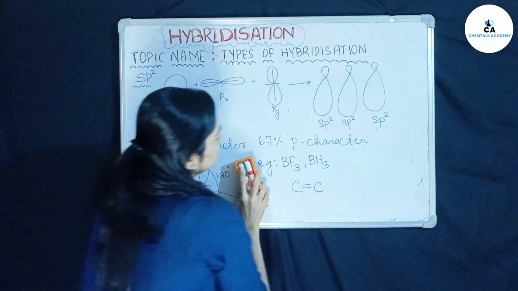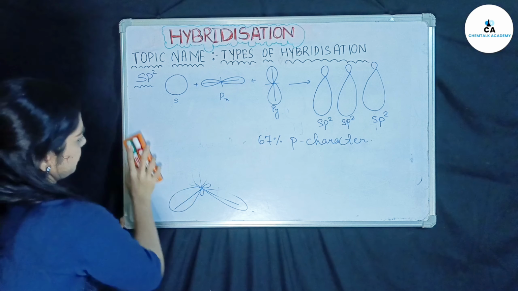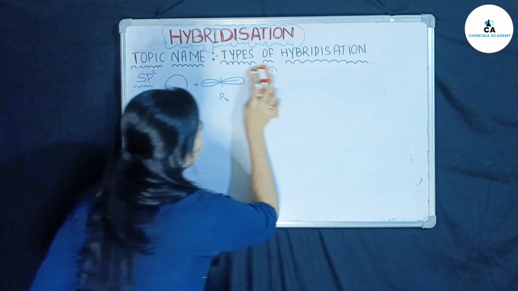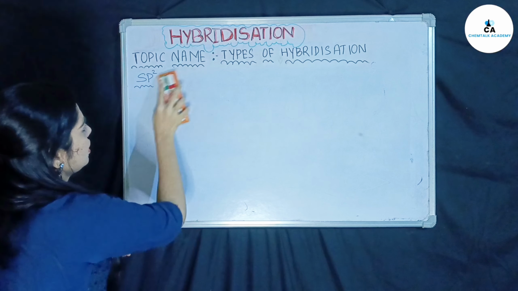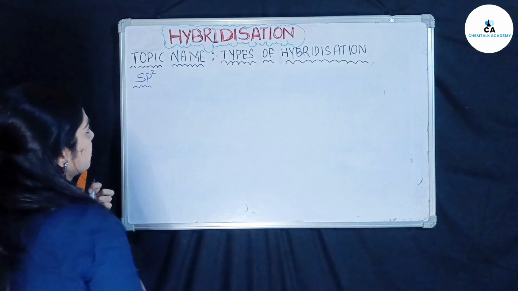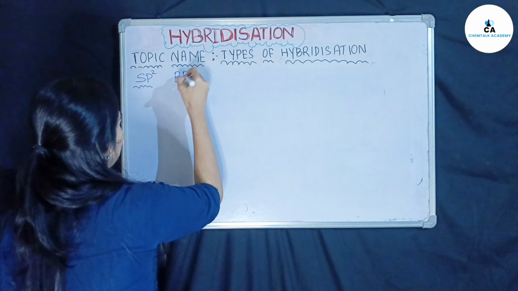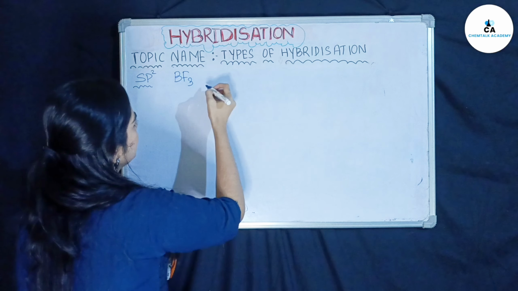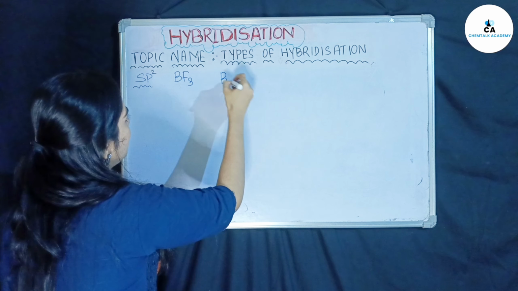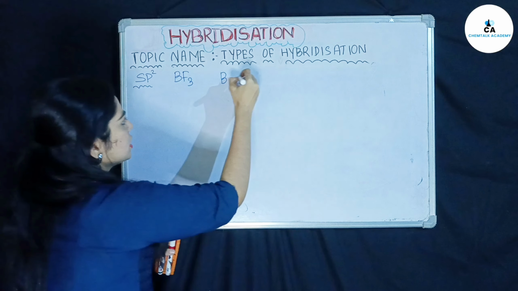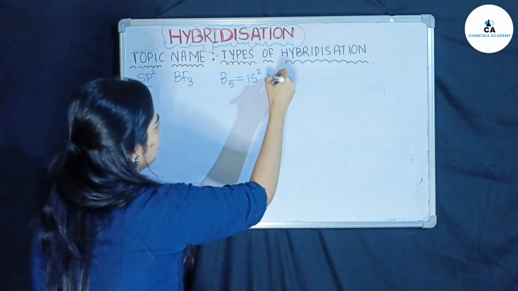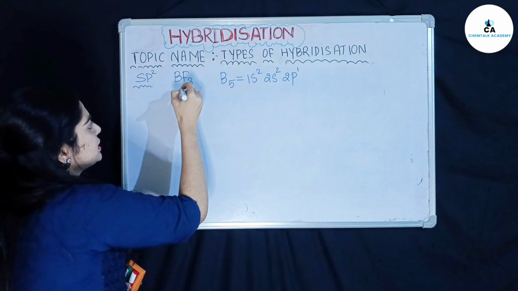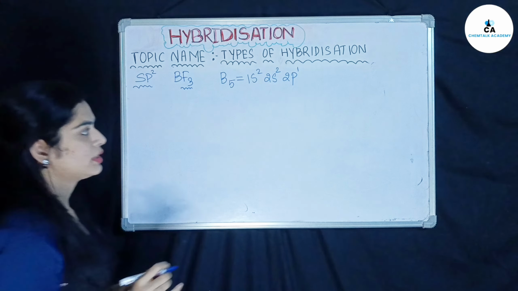Now let's go for the hybridization of BF3. Which one is the central metal atom in case of BF3? Boron. Boron is the central metal atom. Boron has atomic number 5, electronic configuration 1s2, 2s2, 2p1. As it is attached to 3 fluorine,